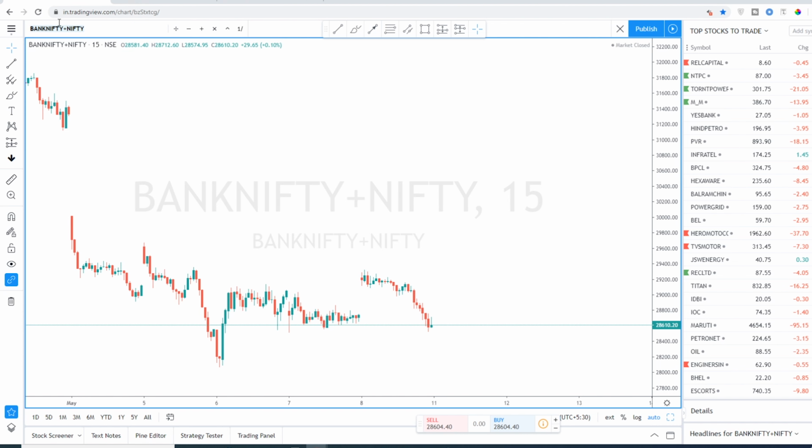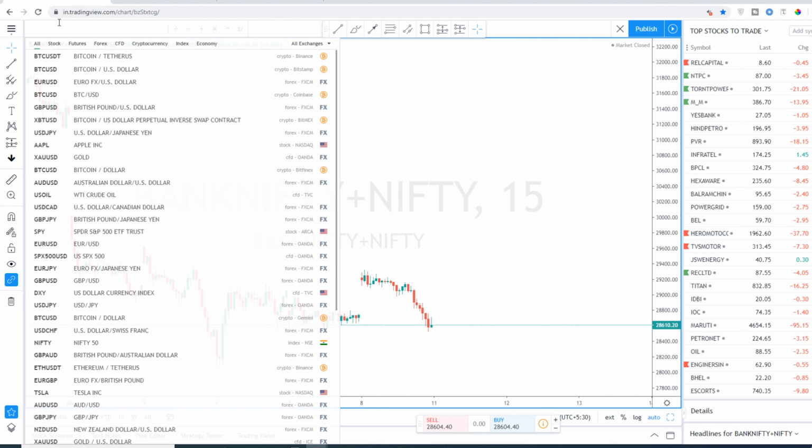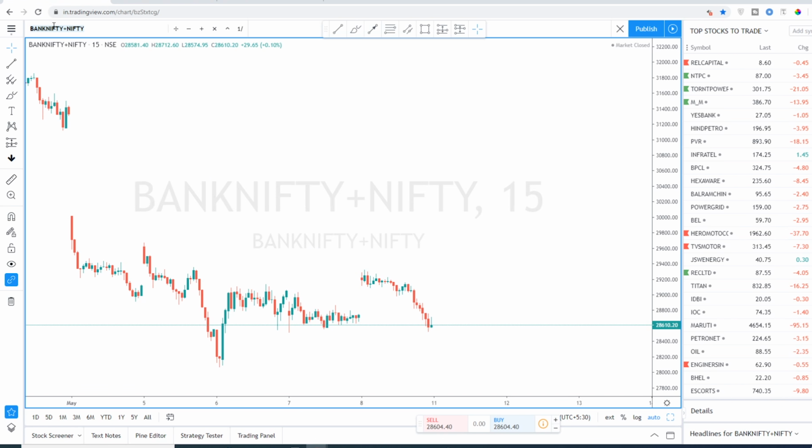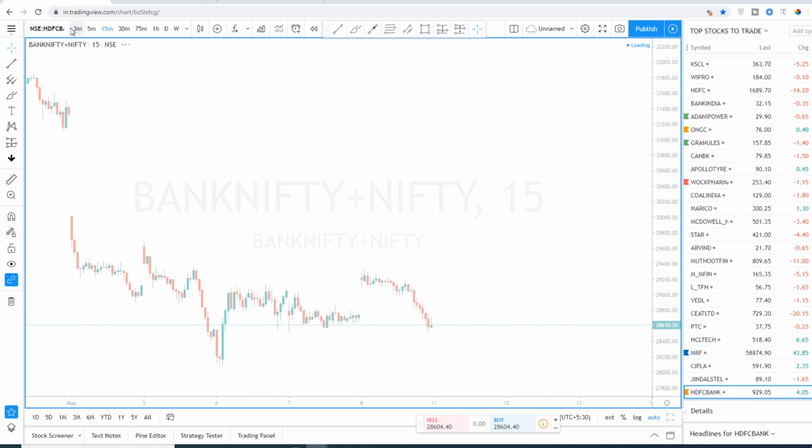And also there is another interesting thing: if the top three weightage stocks, which are HDFC Bank, ICICI Bank and Kotak Bank, fall, mainly because the weightage of these stocks is high, right? So if these stocks fall, Bank Nifty also should fall. So what you can do is combine all these stocks together.